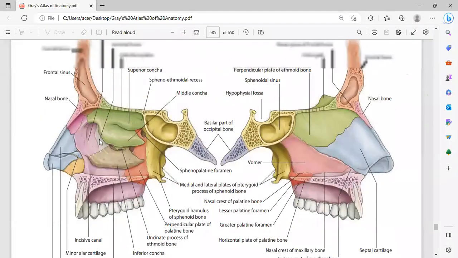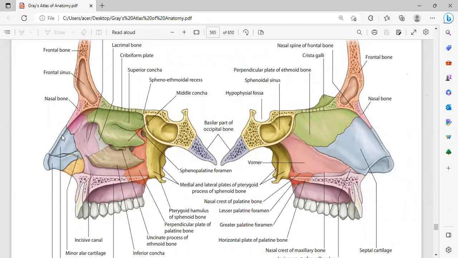Okay, so here, these are the meatus, and then you can't see it here, but underneath these projections, you have these meatus. Okay, so these are the concha. Then in front of that, we spoke about the maxillary bone. Then here you have a small part of the lacrimal bone. Then up here, you have a part of the frontal bone. Then here you have the nasal bone,